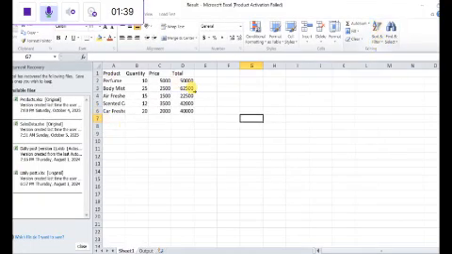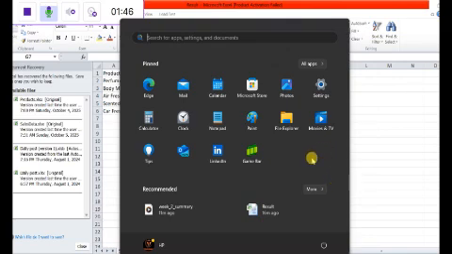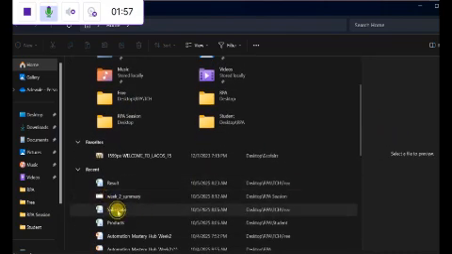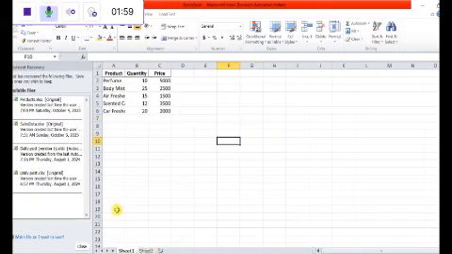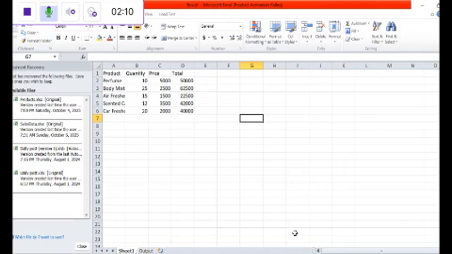If you remember vividly, this was empty, and the sales data was not tampered with. Let me open the sales data as well. This is the sales data file, and the sales data was not tampered with. Then the result data, which was empty, is now filled with the product, quantity, price, and the new column. This is the power of